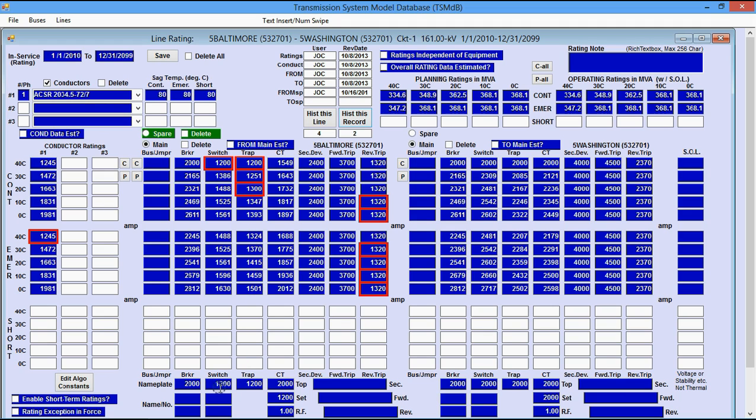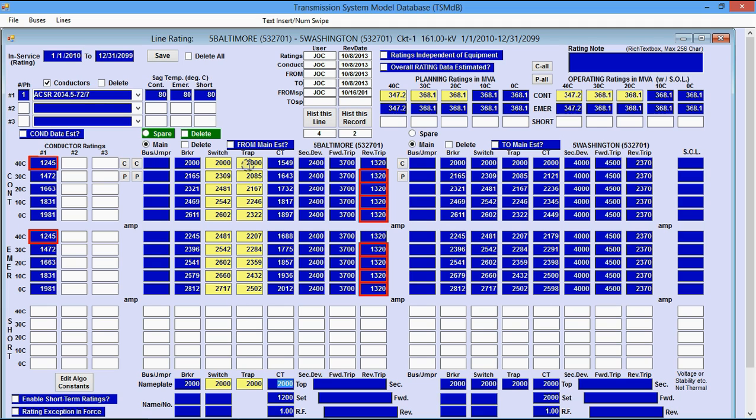So let's pretend to replace these two things with, say, a 2000 amp switch and a 2000 amp wave trap. And you can see now that these are recalculated. Now the line is limited at 40 degrees C by conductor, and the wave trap limit at 30 and 20 degrees C is gone. You can see the changes in the MVA rating, both in the planning ratings and the operating rating. Let me put these back the way they were